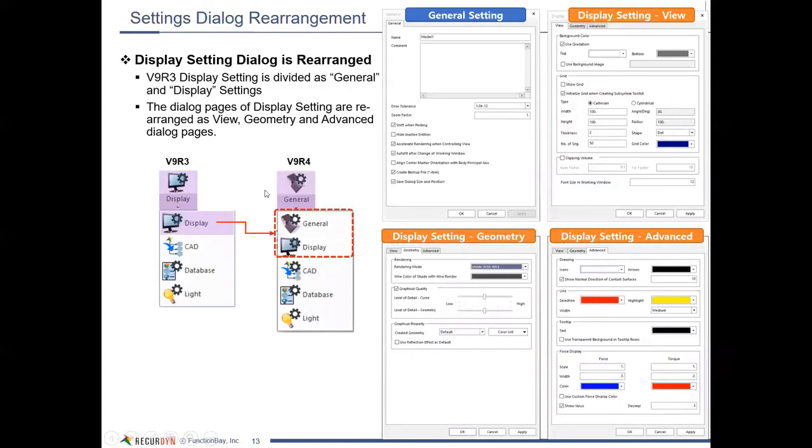Okay, so on the main ribbon in RecurDyn, the display or settings area has been enhanced to add one more dialog box and, in doing so, make things more clear. So basically what's new is a new general dialog box that's separated from everything that used to be in this display